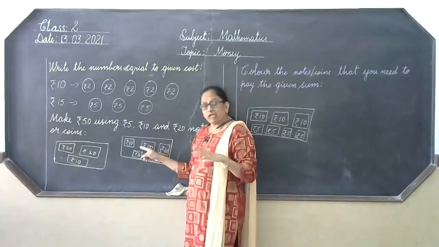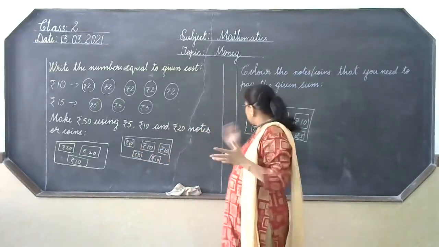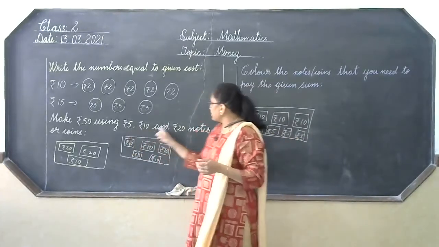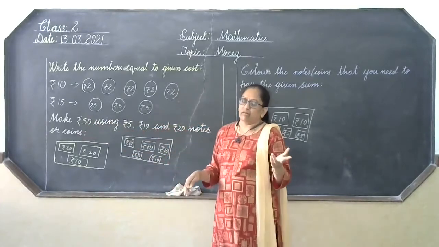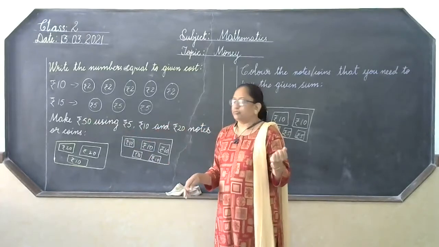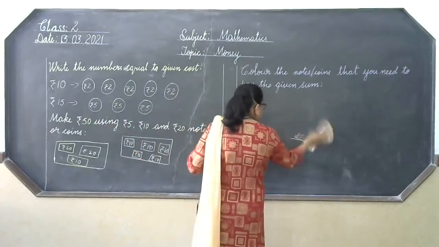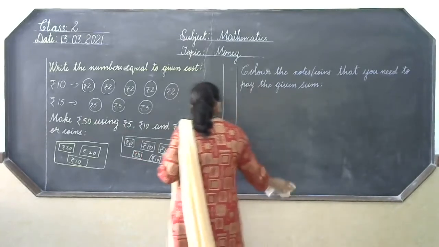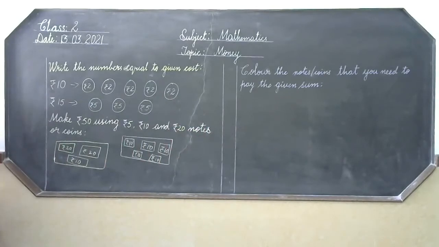Here sometimes the option will be given by us for coins, and now you can only use notes. Using these notes you should make 50 rupees. 2 or 3 options we will give. You should do it, children. Understood now? Now coming to the next main question, children, which will be given.